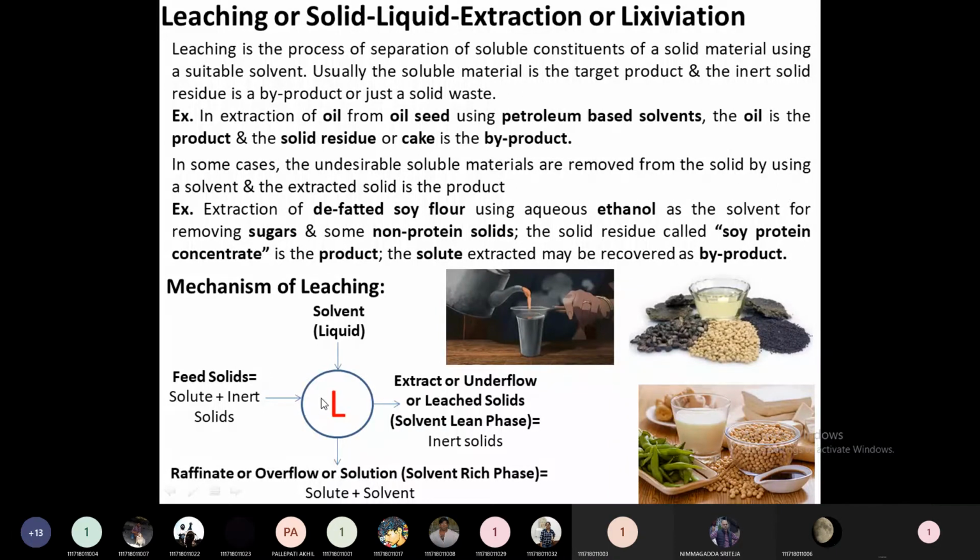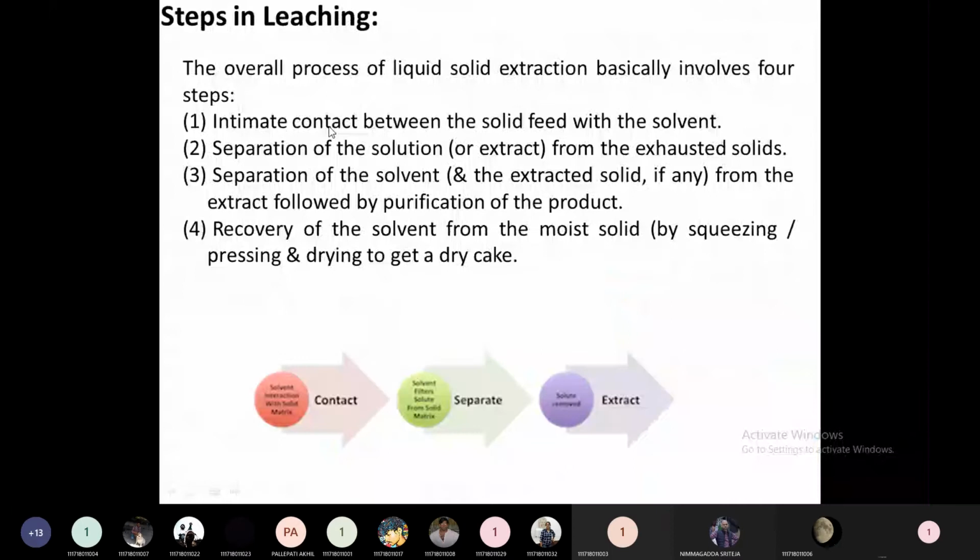There are any number of extractors, depending on the type of operation, whether unsteady state or steady state, continuous or batchwise. We supply equipment so that it creates intimate contact between the feed solid and the solvent. So the first step is intimate contact between solid feed and the solvent.